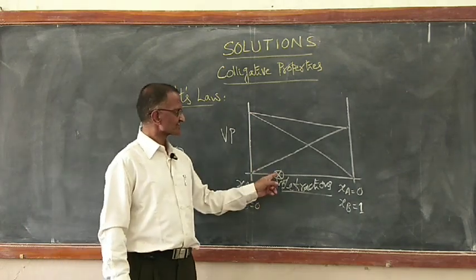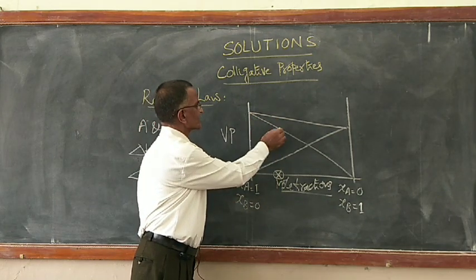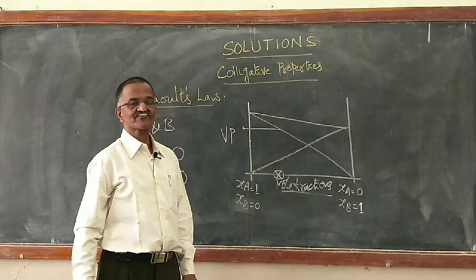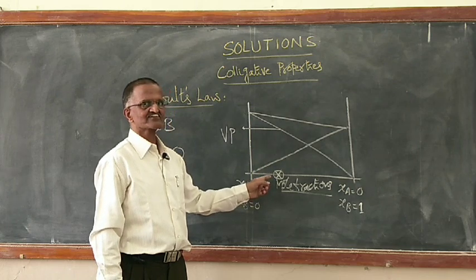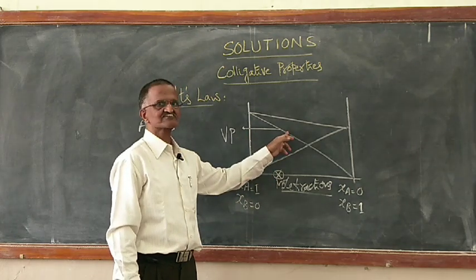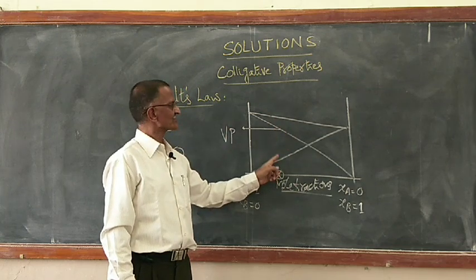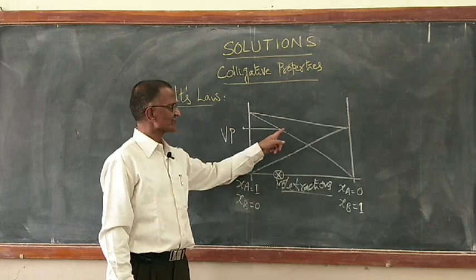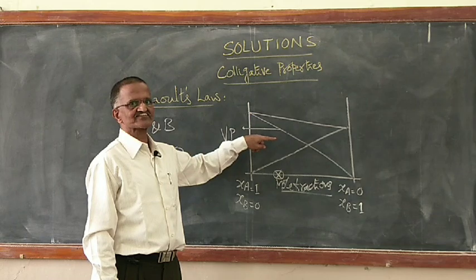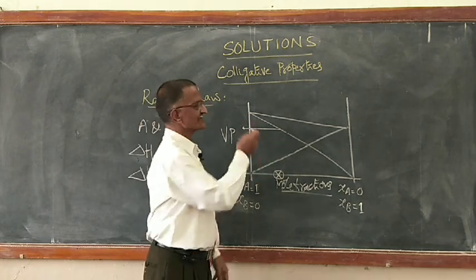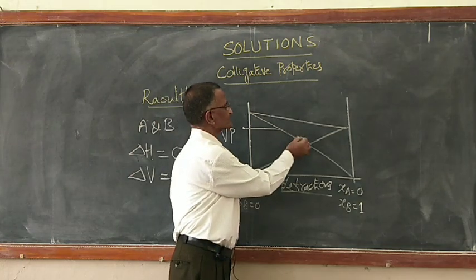So now, if the more volatile component is A, if it comes out, what will happen to the mixture? A amount decreases. In the beginning I get A, B is not coming out. So as A comes out from the mixture, what will happen to the pressure contribution of A to the total vapor pressure? So as A comes out in the process of distillation, its composition goes on decreasing.